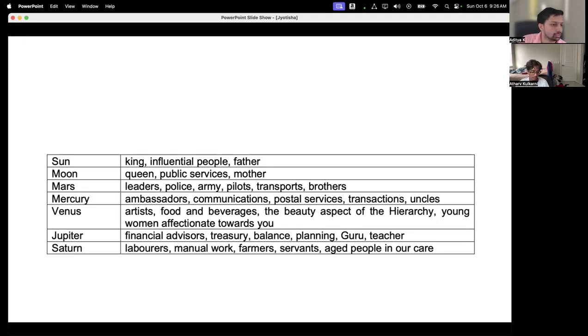Shani also governs the elderly people in the house. So if you have grandmothers, grandfathers, any other patients that need care, he also governs them. People who disregard their parents when they get older, people who leave their parents and do some other work, people who don't take care of their parents' medical expenses, people who put their parents in old age homes, you can take it in writing that in their next janma, Shani will be in a very, very niche position because in this life they are not doing their duty. It is very simple, and they will get punished for it.